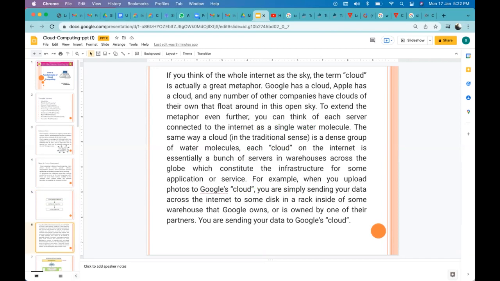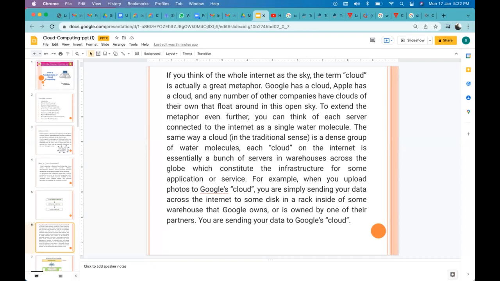So read this example. If you think of the whole internet as the sky, as I told you earlier, the term cloud is actually a great metaphor. Google has its own cloud, Apple has its own cloud, and any number of other companies have clouds of their own.